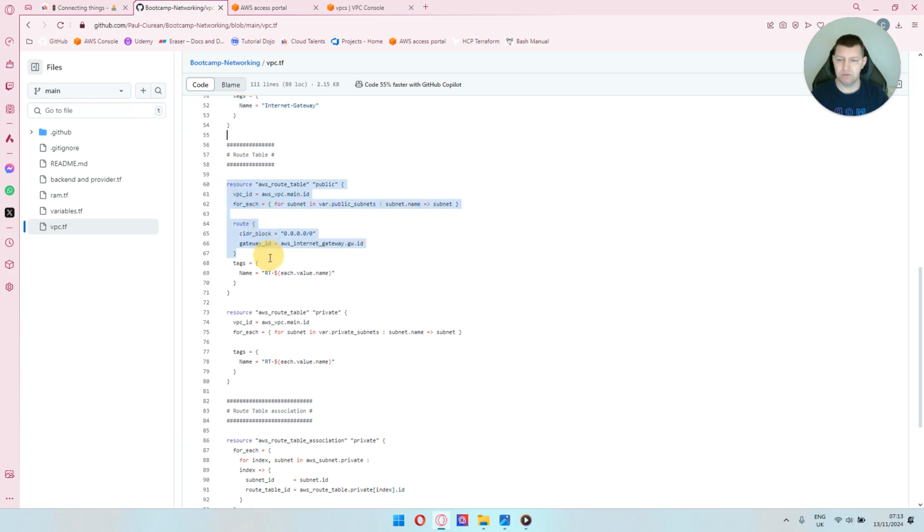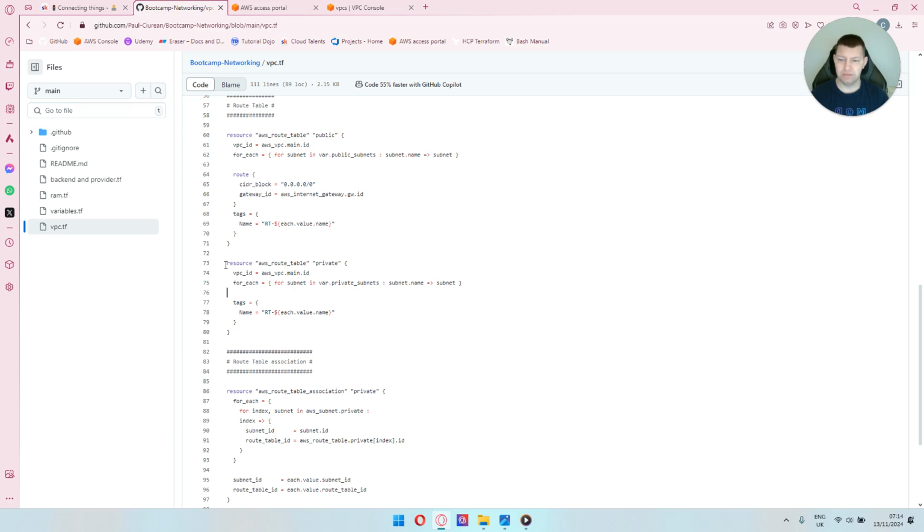We have the route tables public for the public subnets. And as you can see, we have the routes, which is routing from the internet gateway to the internet. And also we have the route tables for the private subnets, and we have the meta argument again for each, which does exactly the same. It just goes, checks how many private subnets we have, and then it just creates as many route